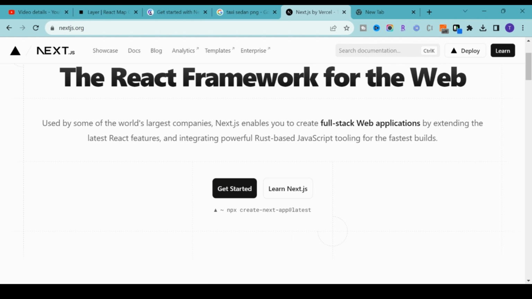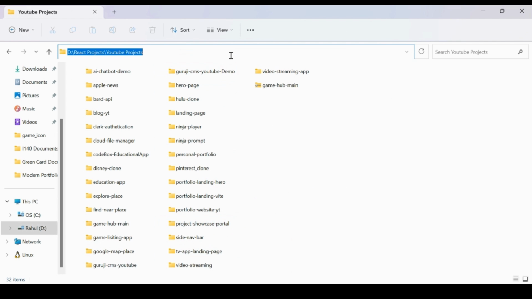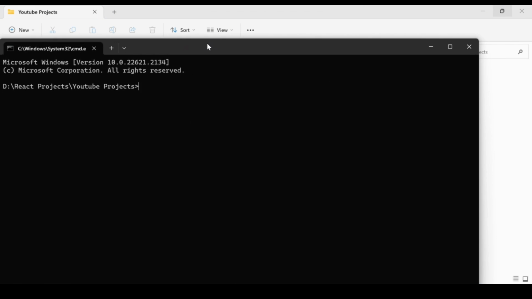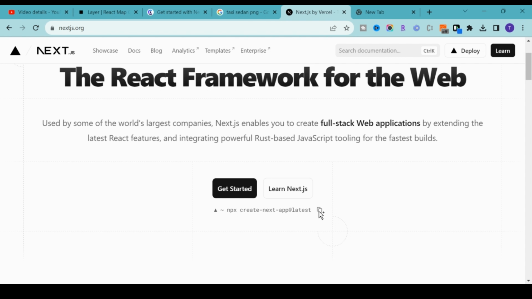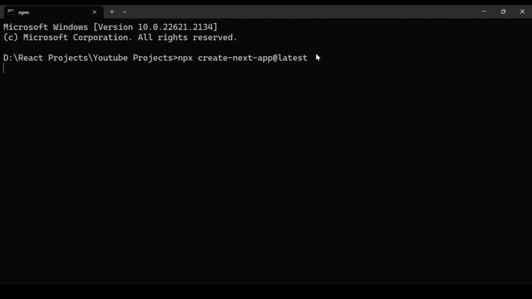Okay, so go to the desired folder, and open the command prompt, and then you can just type npx create-next-app@latest. Okay, and if you see, this is the similar command I am using. If you put @latest, it will generate the Next.js 13 project, and if you do not put @latest, it will generate a normal Next.js project. Okay, so just hit enter, and then it will ask you the project name, so you can give taxi-go